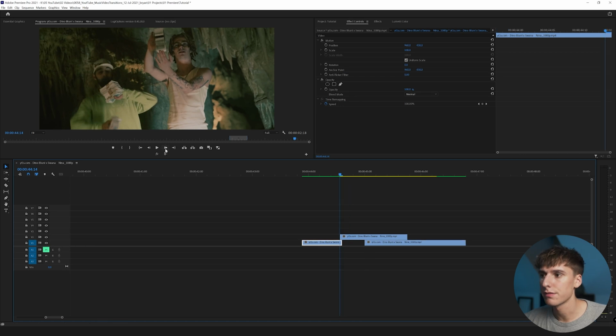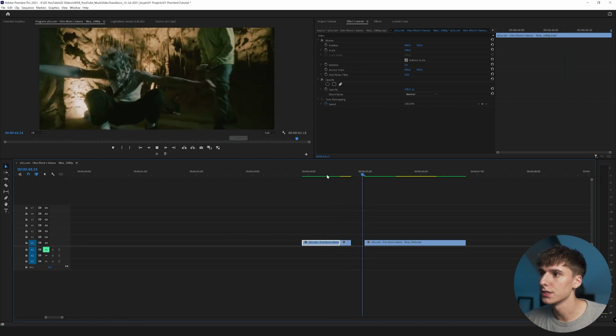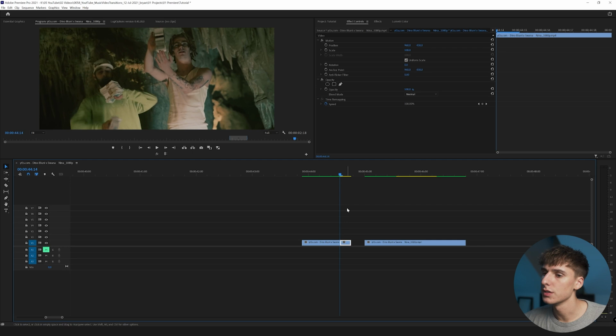I'm going to go about 5 frames and then cut it. I'm also going to drag it down. Now you can see, if you play it, it just freezes at the end. So the way to do it just in Premiere, I'm going to go ahead and hold Alt and duplicate that again.